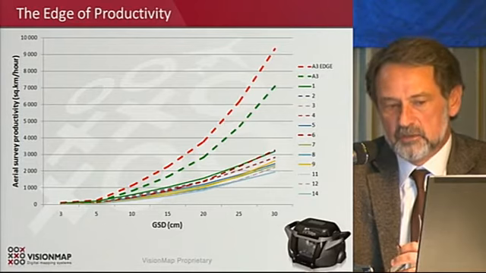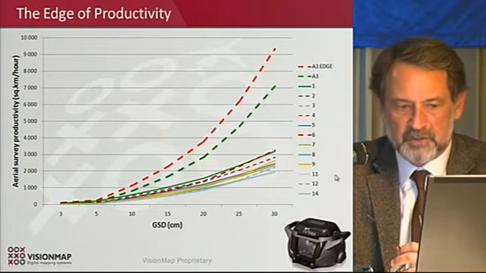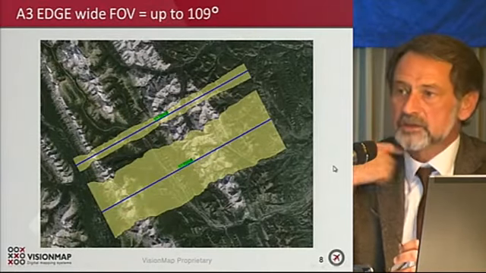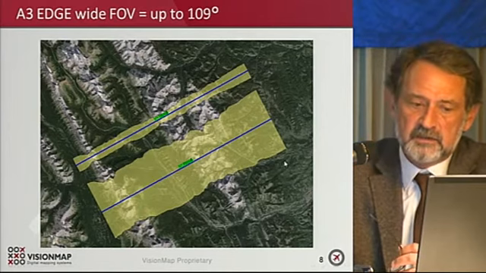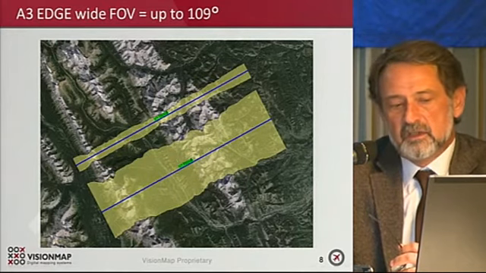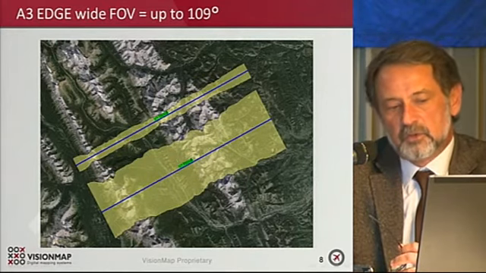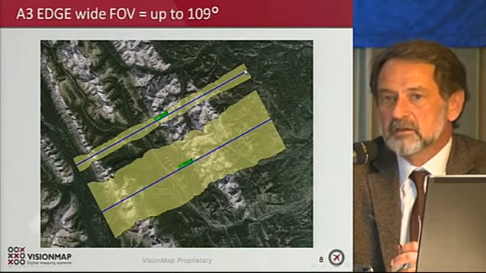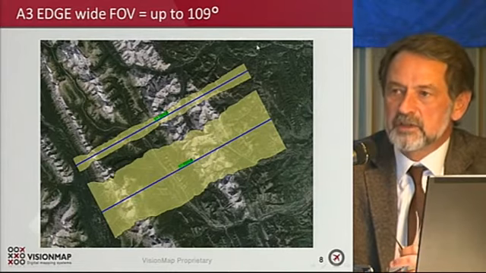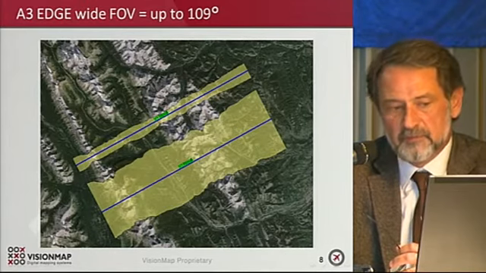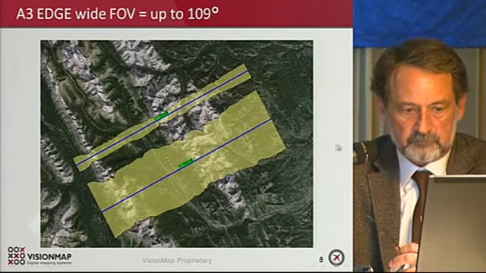This is the new matrix produced by Kodak. So they go without shutters and they provide much better quality. This is a top-of-flight program, software designed just for us. It takes into account relief features, and you can see the difference between A3 edge and an average digital camera, like large format digital cameras. You can see the difference here very clearly.